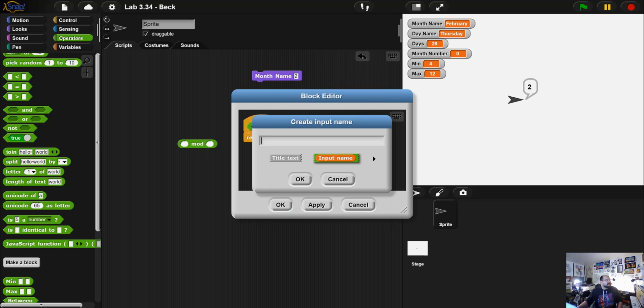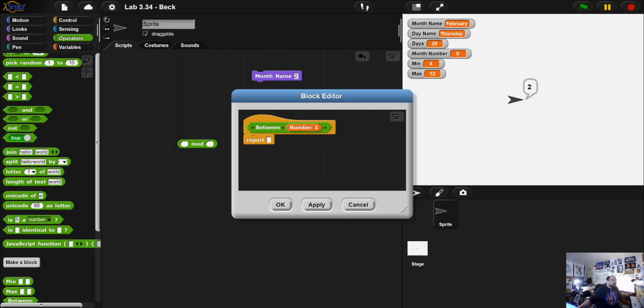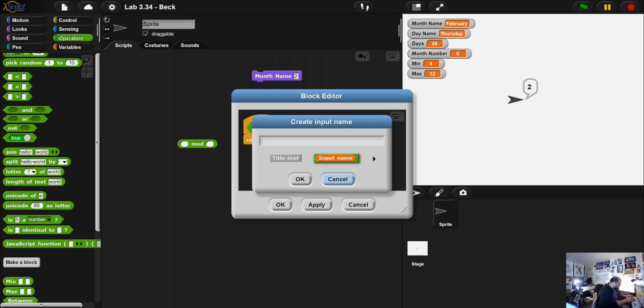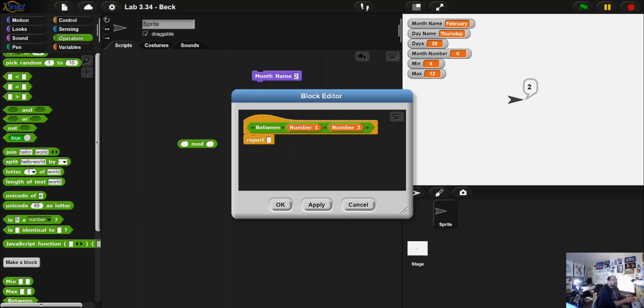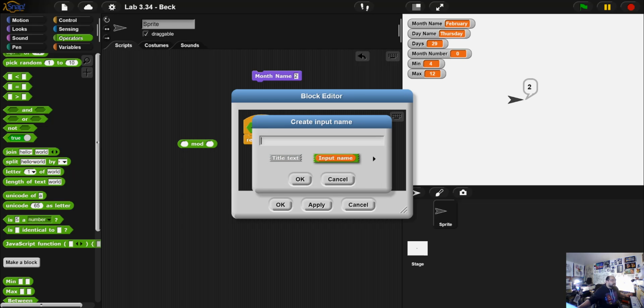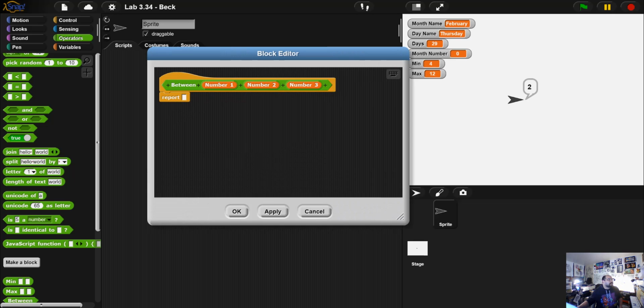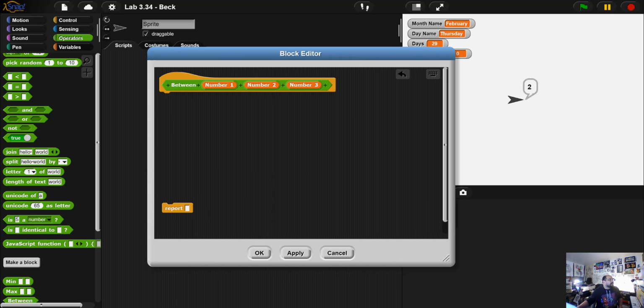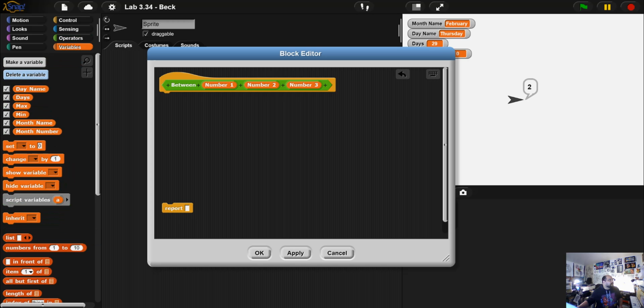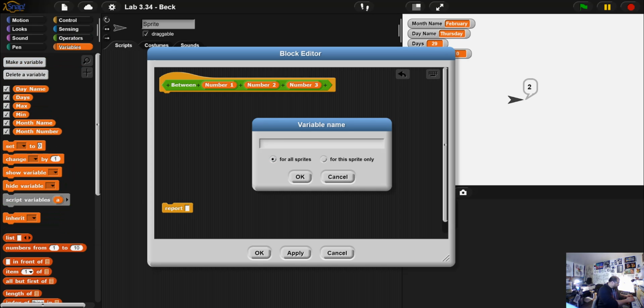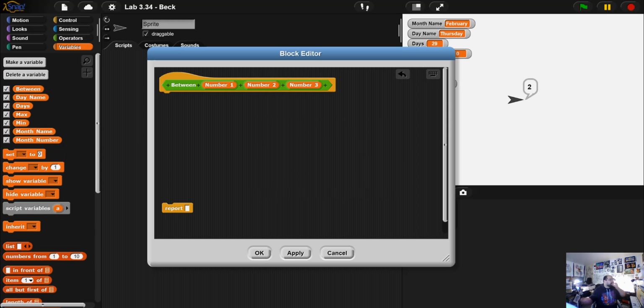Okay. We do okay, we have to add number 1. Number 2. And number 3. And knowing this, I'm going to also make a variable that's called between, just because we want to know the true or false value. So